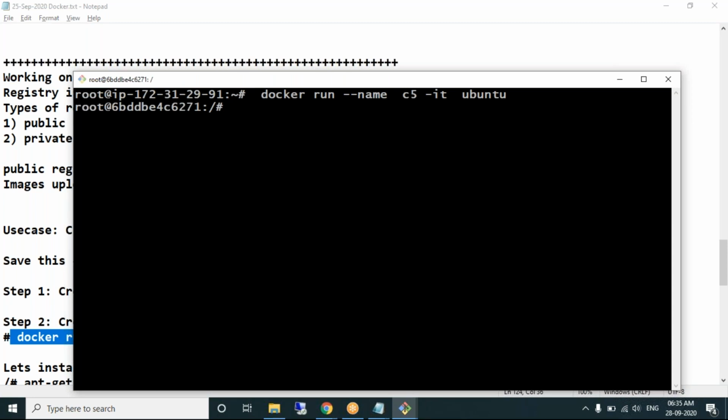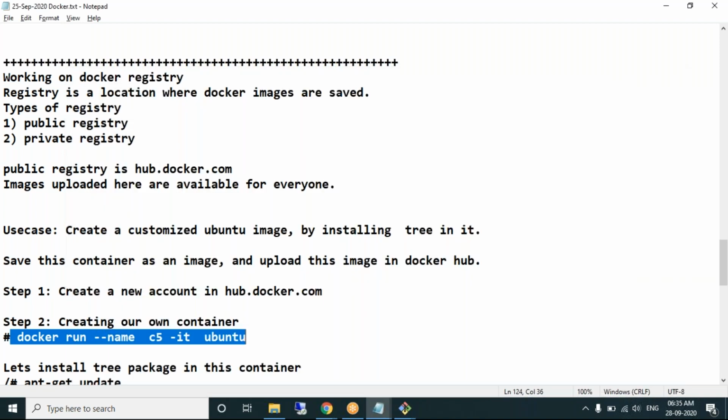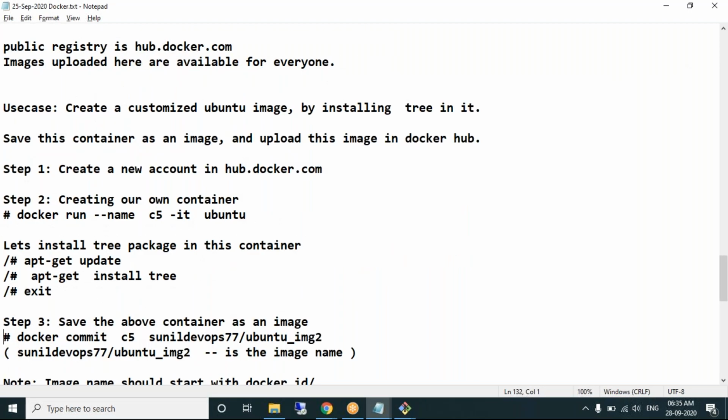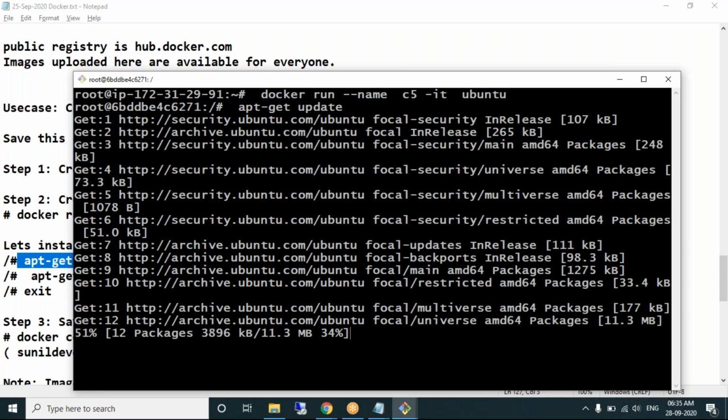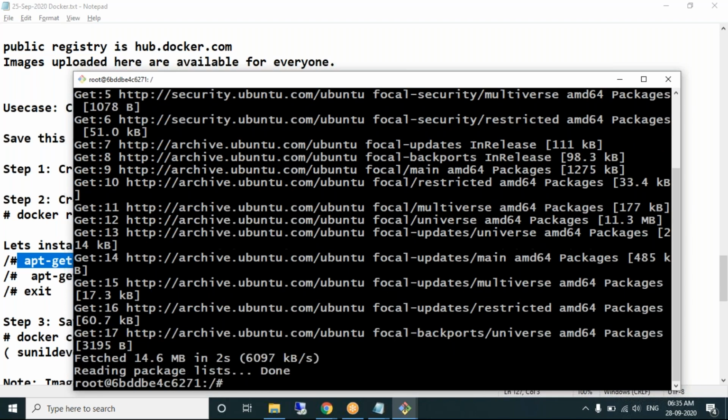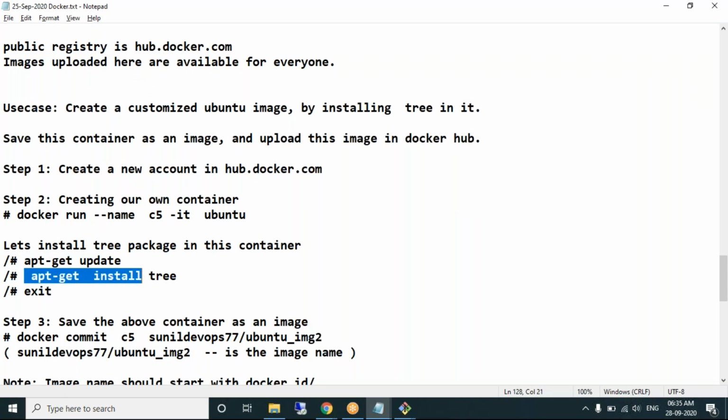I have entered into the container. Inside the container, I want to install one software, so I'll update the apt repository. Yes. Installing the tree software.